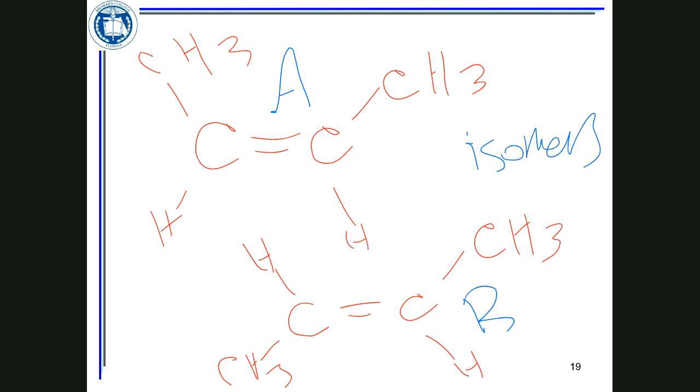and these are geometrical isomers because the connectivity of the molecules is the same. The only difference is that the orientation in space is different. You have two CH3s on the same side, versus one CH3 on each side. If you had this before in Gen Chem, this is going to be the trans isomer, and this is going to be the cis isomer. Cis isomer, trans isomer.